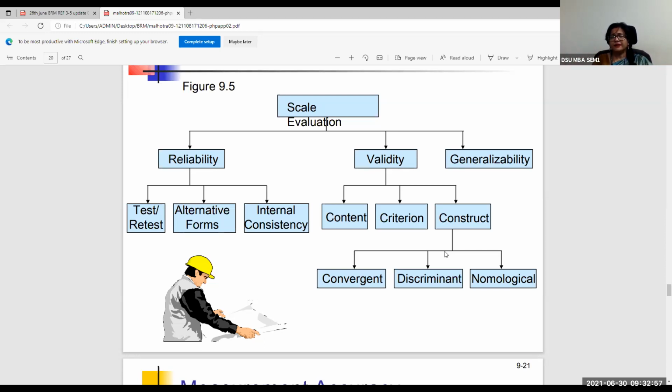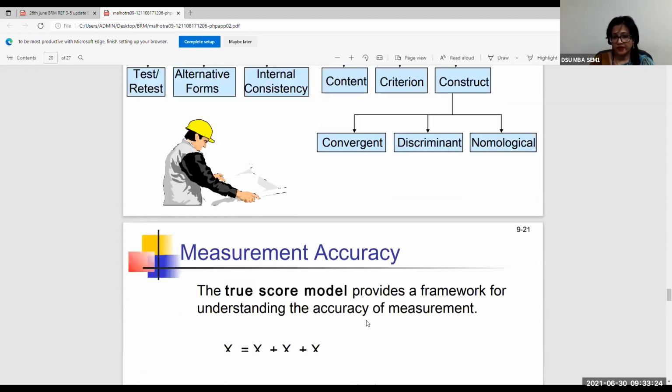All right, and the last item of the scale evaluation is about generalizability. So what is generalizability? I said generalizability would be the statistical inference part of it: whatever you have found as an outcome, you've done the study based on a sample. Can you infer from the sample statistics that what you have studied in the sample is what prevails in the population? All right, so these three are very, very important.